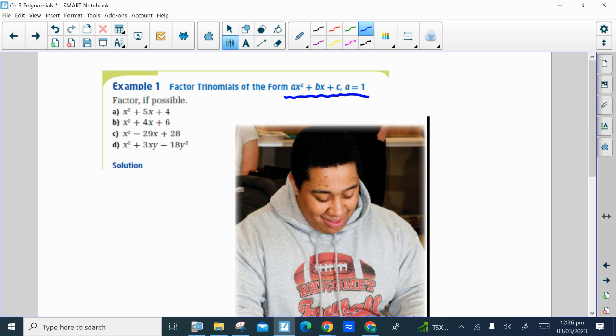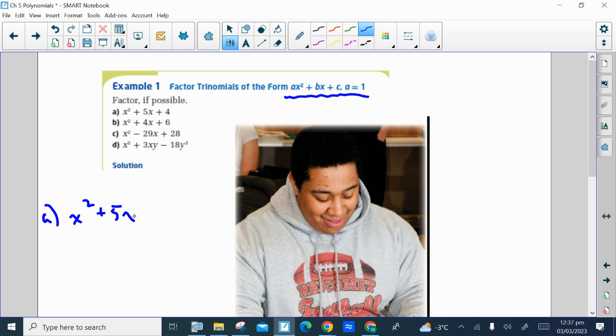And so this first question says factor if possible, because not all of these can be factored. Sometimes you'll see ones that won't be factorable. But on a quiz or a test, if you're asked to factor something, there will be factors. Okay? So the first one, we want to factor